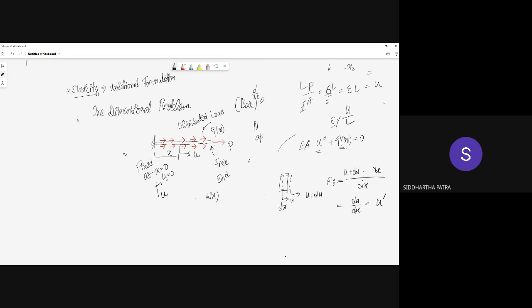We are not brought up with the correct definition of strain. Forget the entire undergrad, even at the end of the masters, when I ask somebody what is the definition of strain, it is change in length per unit length. That's the definition you learned probably in ninth standard, and you are not in ninth standard.